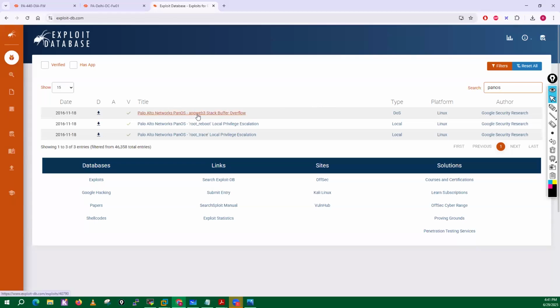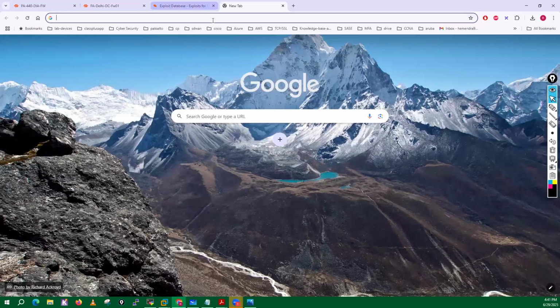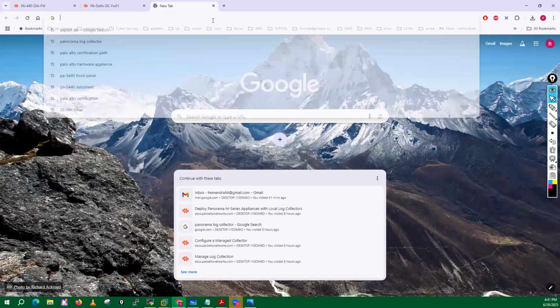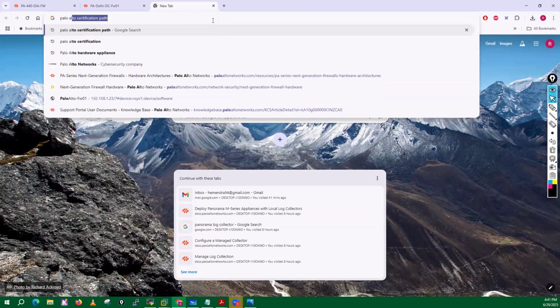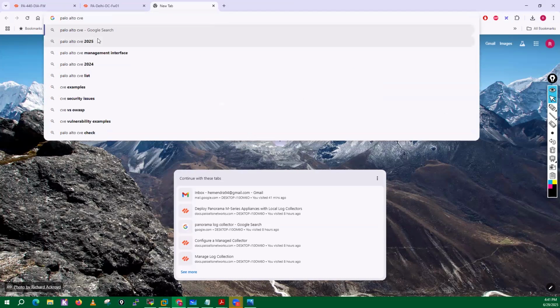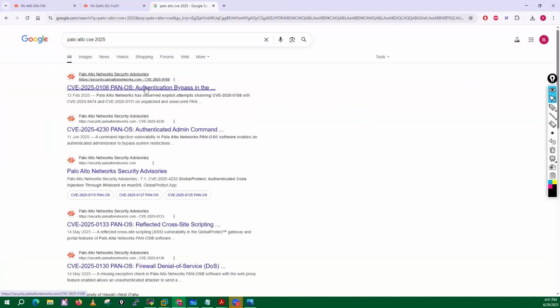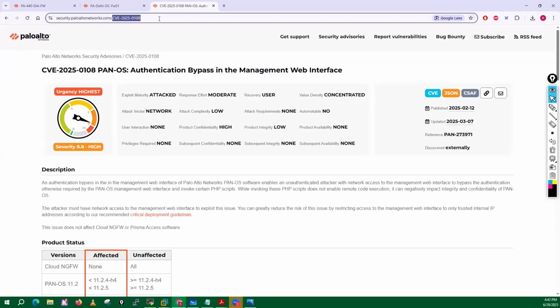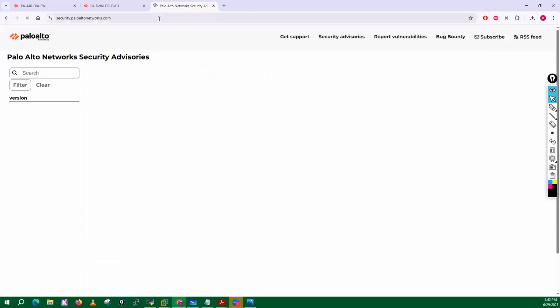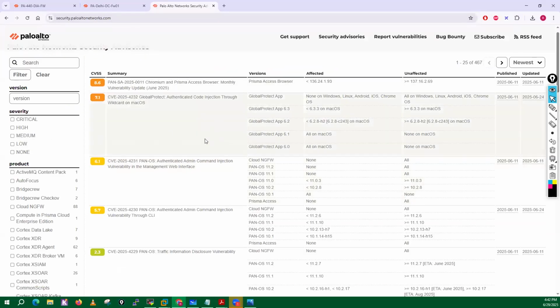See, Palo Alto Networks PAN-OS, Apache Web3 stack, buffer overflow vulnerabilities are there. Root reboot local privilege escalation vulnerability is there. Even for all types of Palo Alto vulnerabilities, if you search for Palo Alto CVE 2025, this is the website: security.paloaltonetworks.com. This is the place where you can find all the vulnerabilities available in your